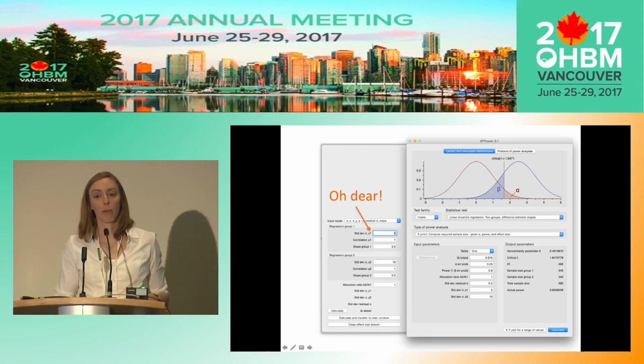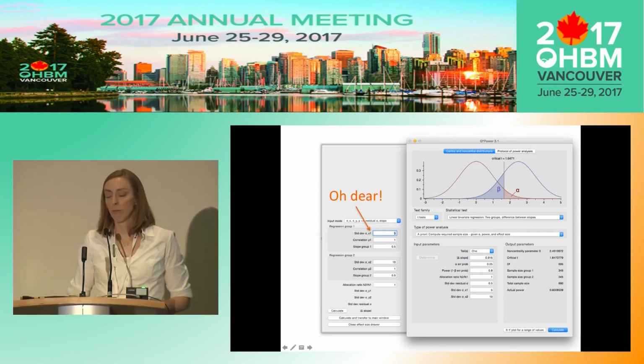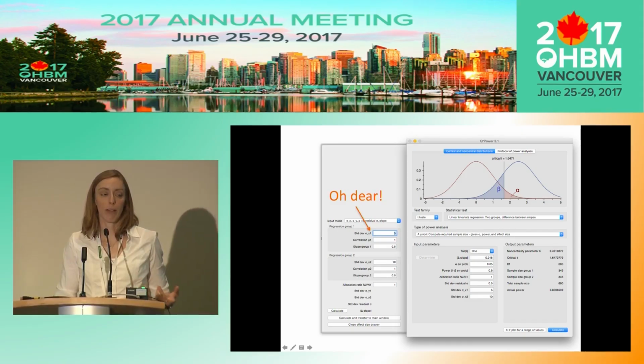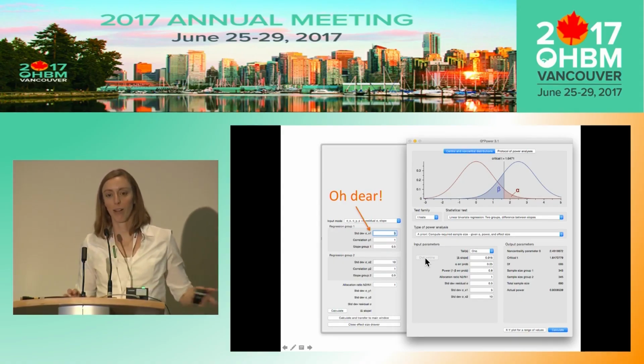I'm not saying it's impossible, but if you're reading a grant application and they're like, oh, the power for this would be, whatever, they need to report where they got these parameter estimates from. And so a good use of this tool, G-Power, is not only to run power analyses, but also, if you're evaluating somebody else's power analysis and you want to know how many parameters they had to estimate, you can just look and see how many fields there are. Just don't forget to click the determine button so the magic drawer pops open.